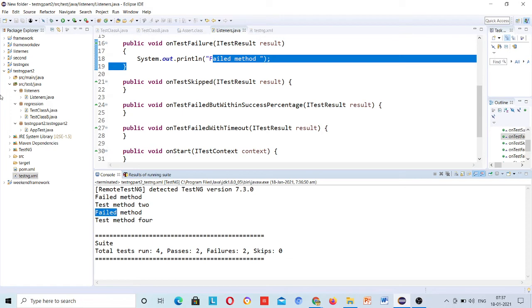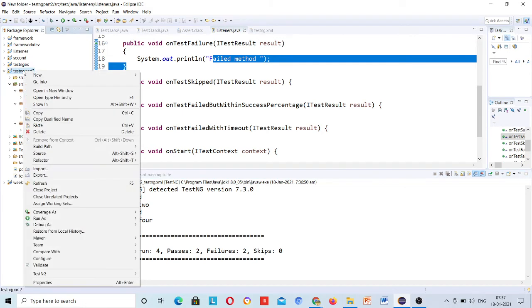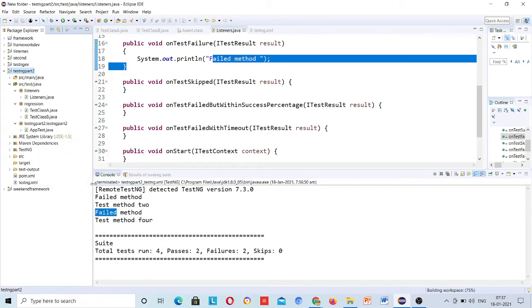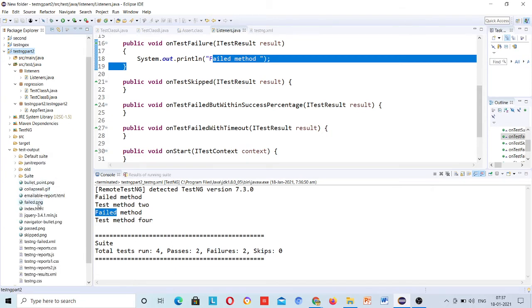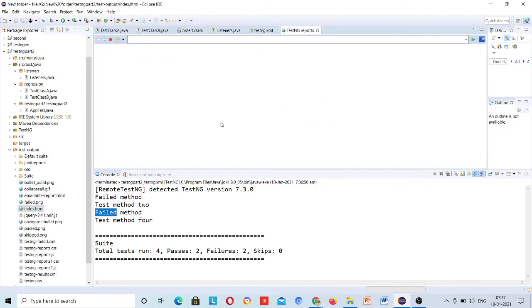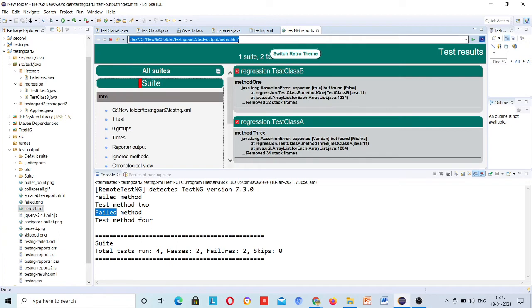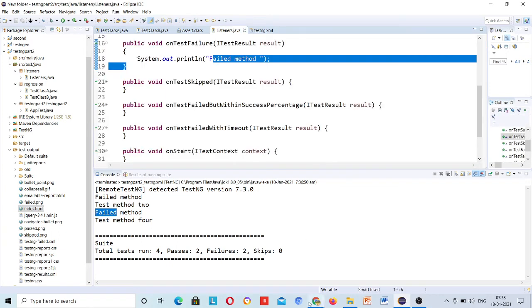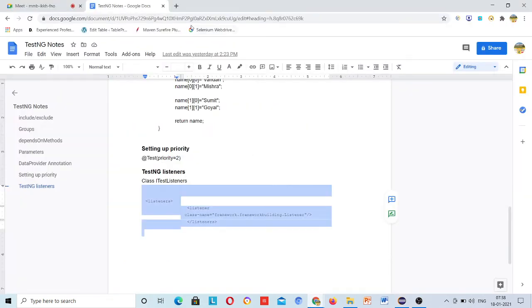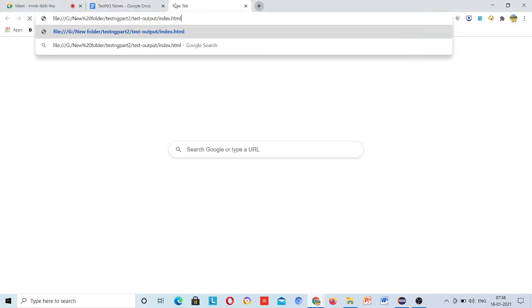First of all, just right click in this project and refresh it. This test output folder is present. Just go to the index.html file, copy this one, don't look here, and go to your browser.